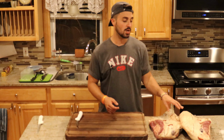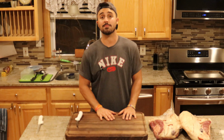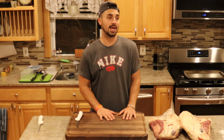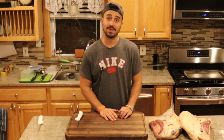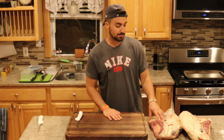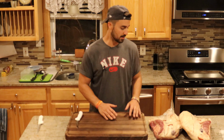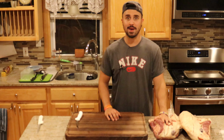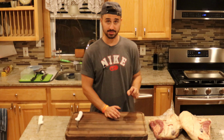I've got 2 Greater Omaha briskets. That's the type of meat that my grocery store sells. And I'm not thrilled about it, but it is what it is. At least I found a full brisket. The grade of this beef is choice, at least when I asked the butcher. That's what they said. I've got a 10.5 pound brisket, kind of small, and a 13.5 pound brisket, a little